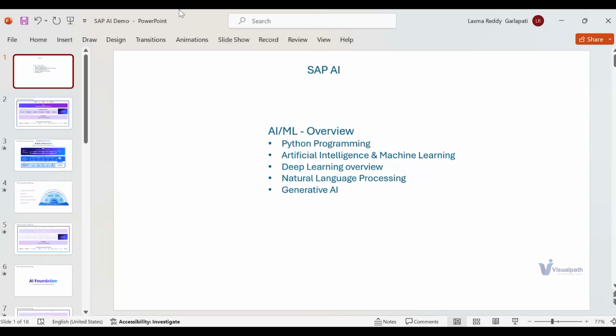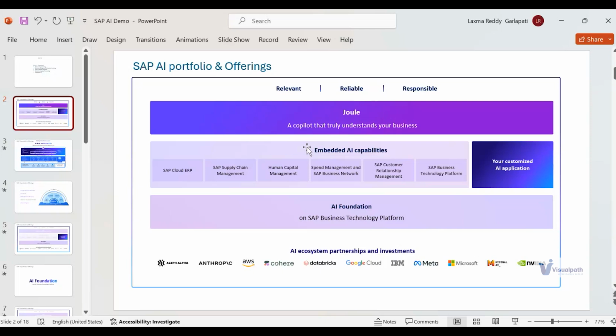So the next topic we cover is the SAP AI portfolio and offerings. This is the typical SAP ecosystem and how SAP is infusing AI at different levels so that at the end it is delivered to the end customer, right?